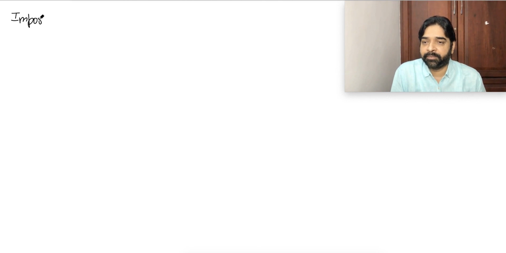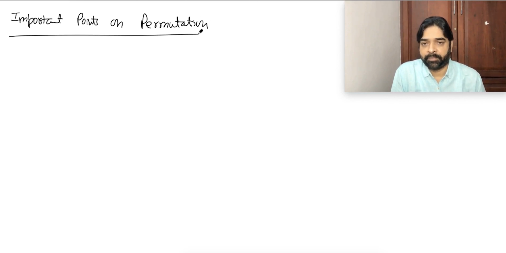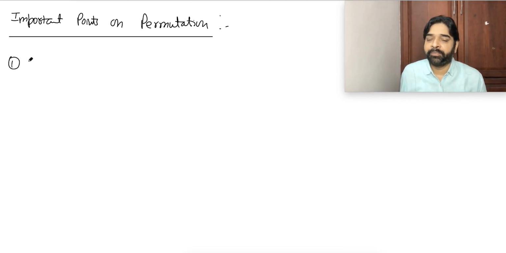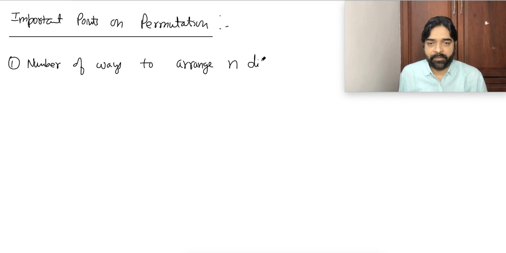important points on permutation. First point, everybody write down: the number of ways to arrange n different objects into r different places will be